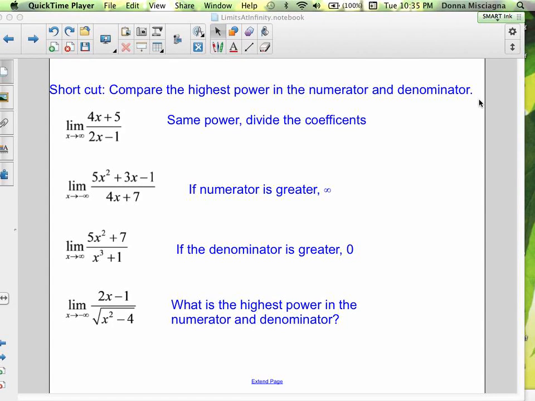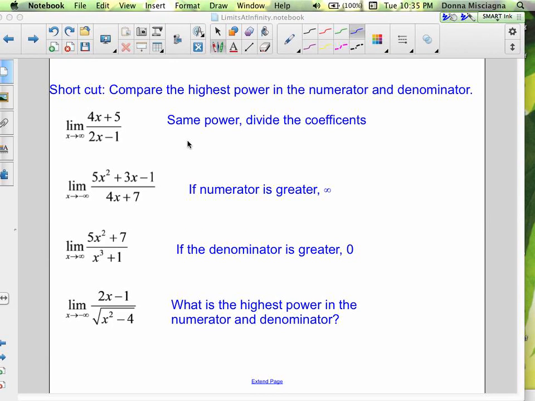So now we're going to learn a shortcut for finding the limit of rational functions as x approaches positive and negative infinity. If you see that your rational function has the same power in the numerator and the denominator, that means the limit of that function as x approaches infinity is just going to be the ratio of the coefficients. Here they're both the same power. Both the numerator and denominator are first degree. So our limit is going to be 4 divided by 2